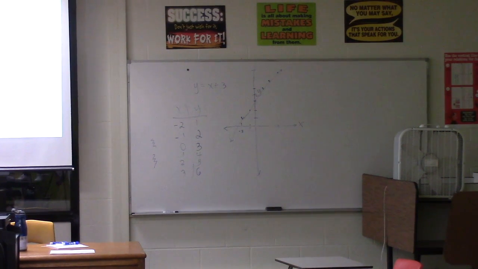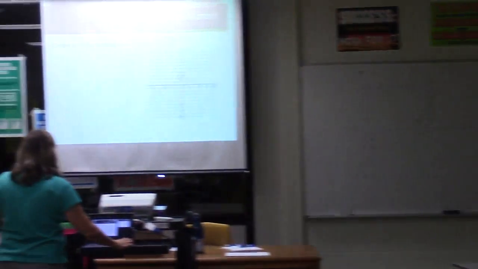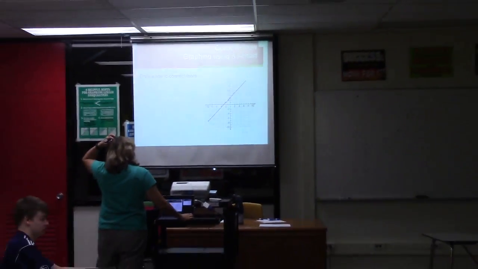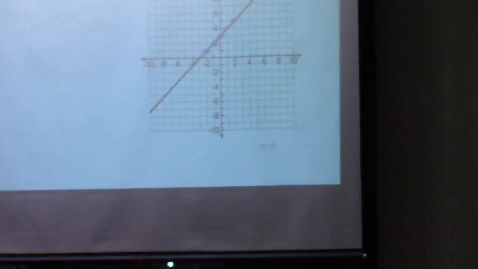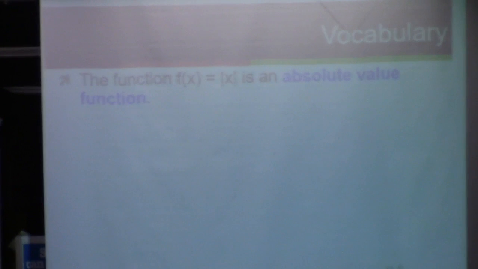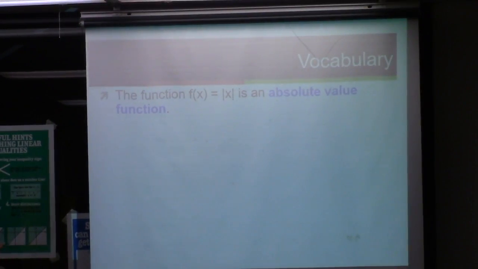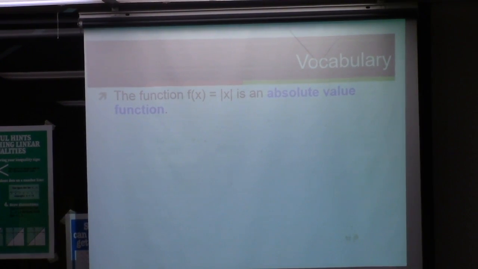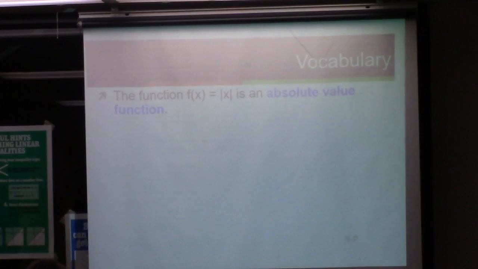Now, what we're going to do next is we're going to take these two things and combine them. But first of all, I've got my points here on the PowerPoint. And I'm just going to connect those dots. All right. So the function f of x is equal to the absolute value of x is called an absolute value function. And I am going to hand out